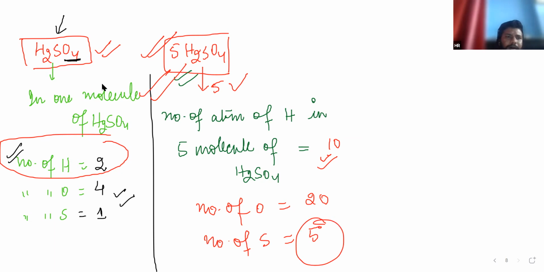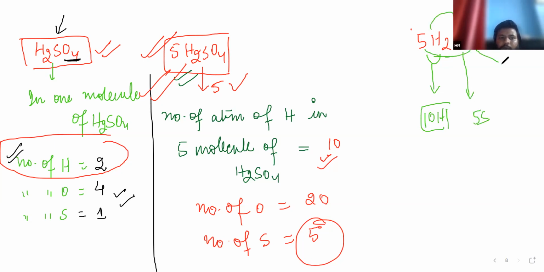And you can also easily calculate it like this. I just wrote 5H2SO4, and you can calculate from here. Hydrogen: 5 times 2 is 10 hydrogen, 5 sulfur, 5 times 4 is 20 oxygen. Isn't it easy? Azza, Arslan? Very good. Okay, I'm changing the slide, moving to the next. Have you written it all, Azza and Arslan?